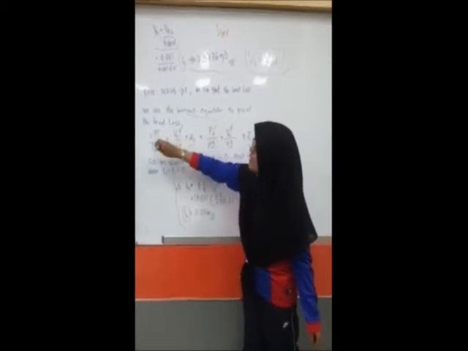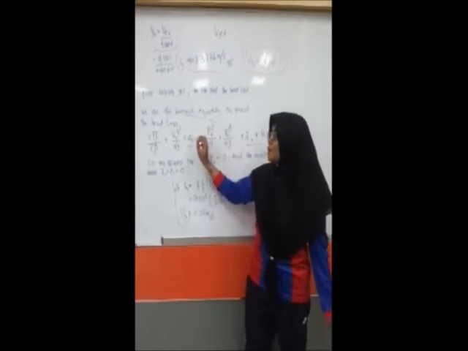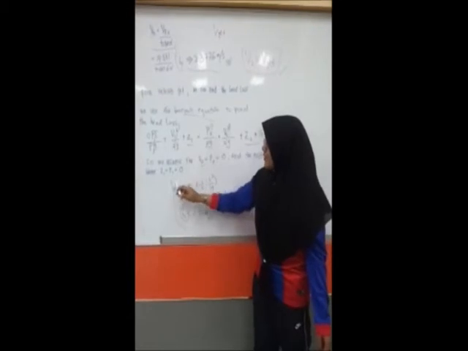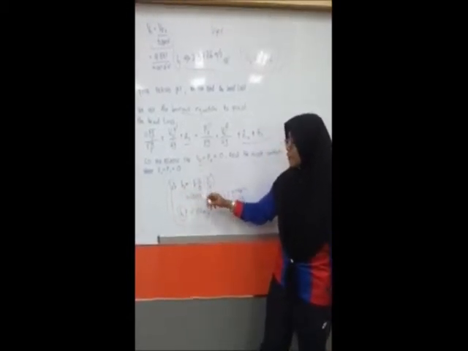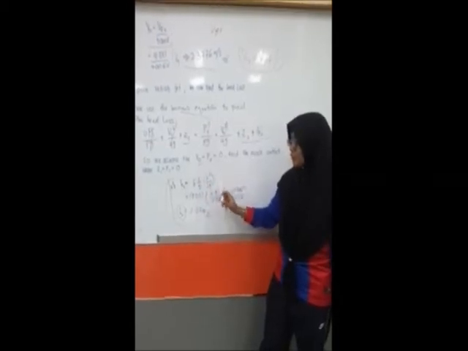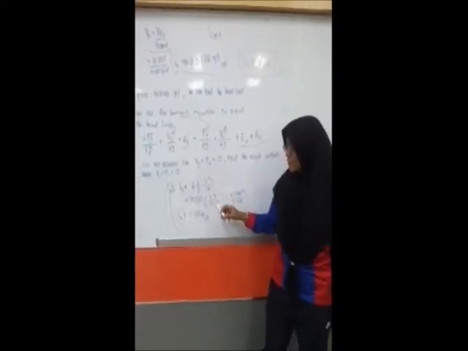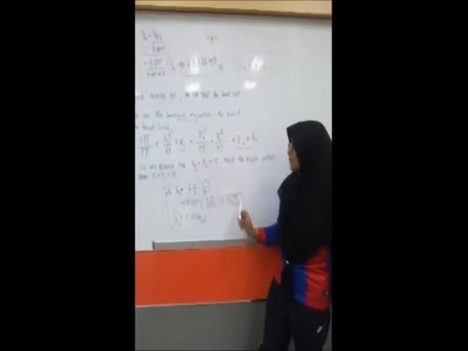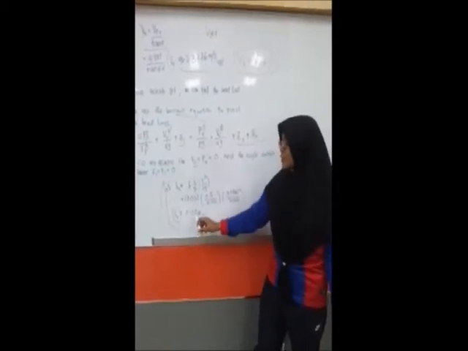We cancel P1, V1, P2, V2 equal to 0, and we obtain the new equation for the head loss. As the finalization, HL equals FL over D, V squared over 2g, and we substitute the values: F 0.02, L 0.5, D 0.02, V 2.3776, and 2g, 2 times 9.81, and we get the value for head loss, 0.02 meter.